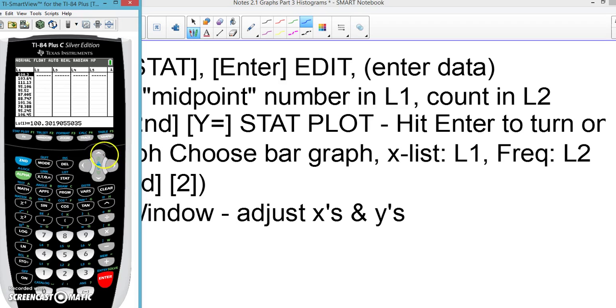Now I have information from something else earlier today. Go up and hit Clear, Enter, and that'll get rid of my data without getting rid of my L1, and then I can put the numbers into L1,